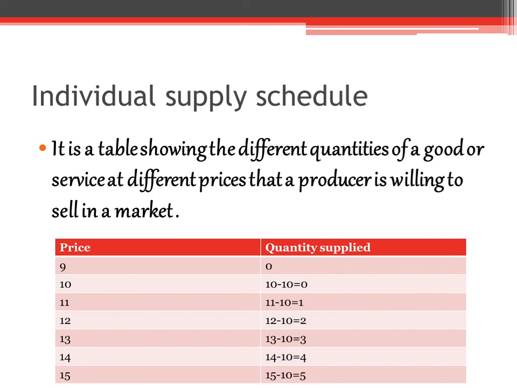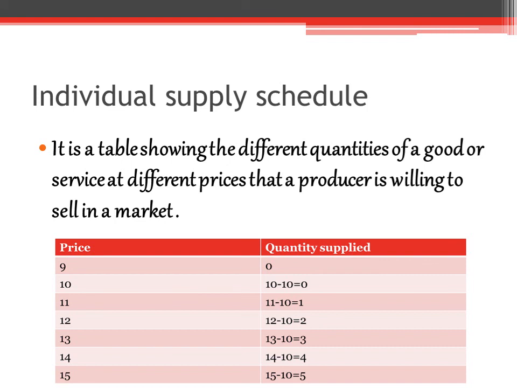So today we have studied the determinants of firm supply curve, that is price of the commodity, technology of production, input prices, and unit tax, the four different determinants of supply curve. Then supply function means the functional relation between supply of a commodity and the determinants. Then the law of supply states that other things remaining unchanged, when the price of a commodity rises, its quantity supplied also rises and vice versa. The supply function equation shows the relation between price and supply.